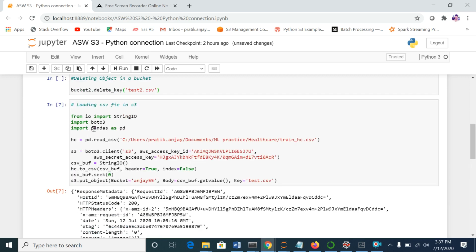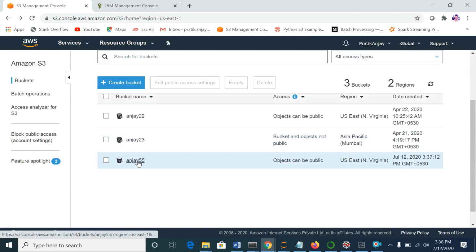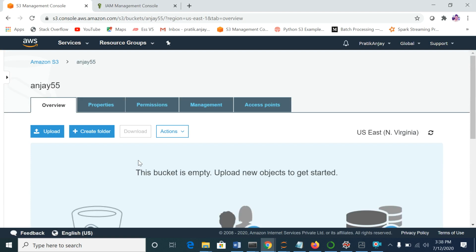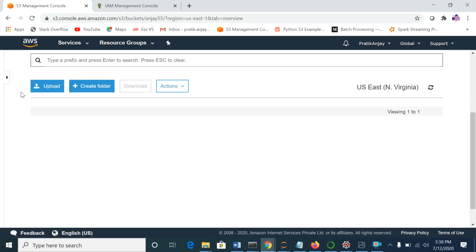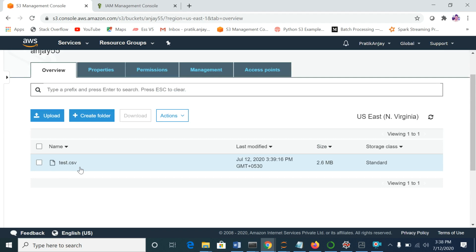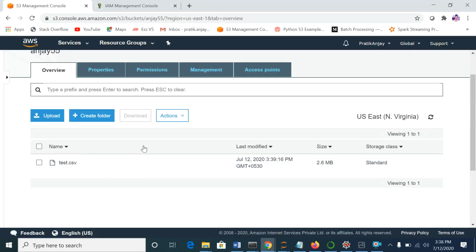I will go there and check whether my file is available under that Unj 55 bucket or not. I've gone inside that. I will refresh the page, and I will see, yeah, test CSV, the file name that I have given, it is available over there.